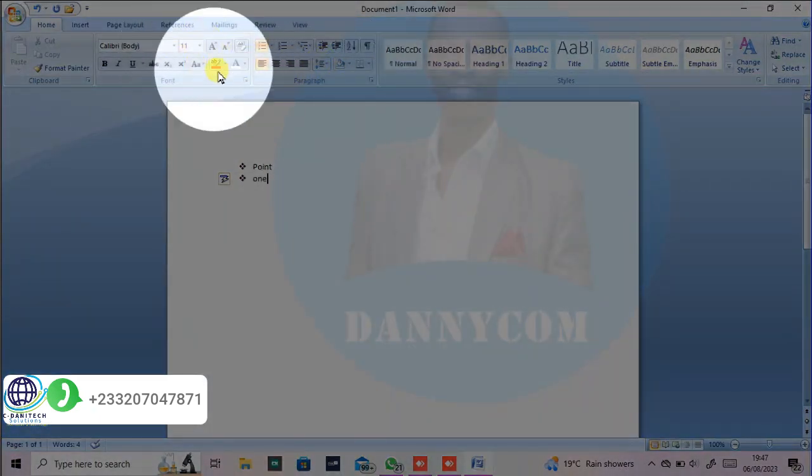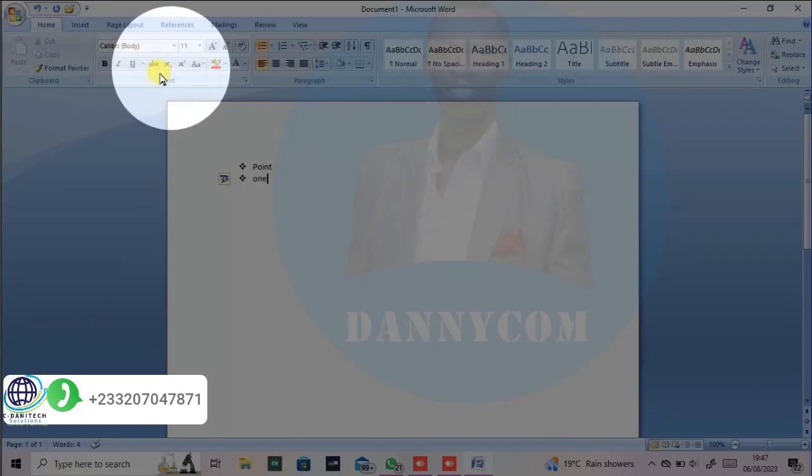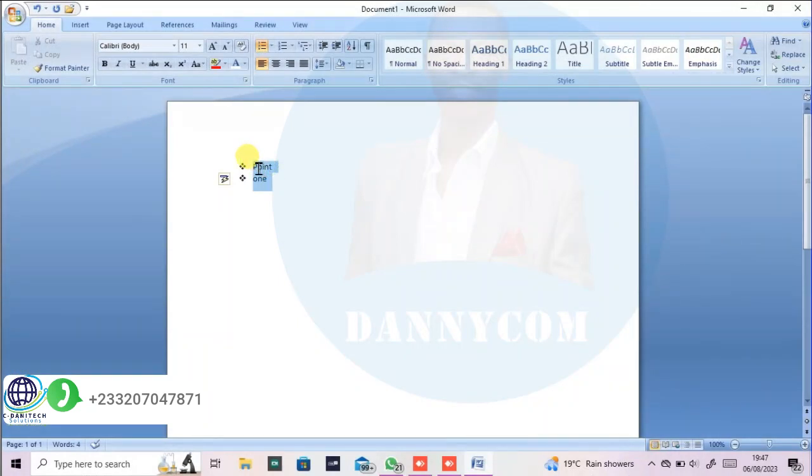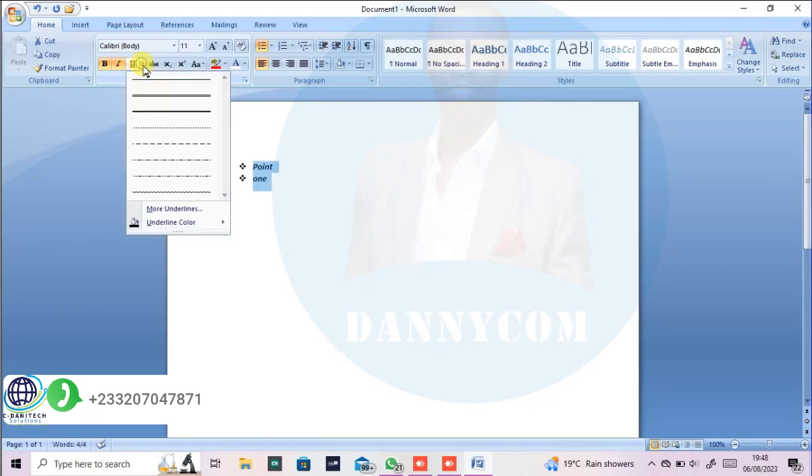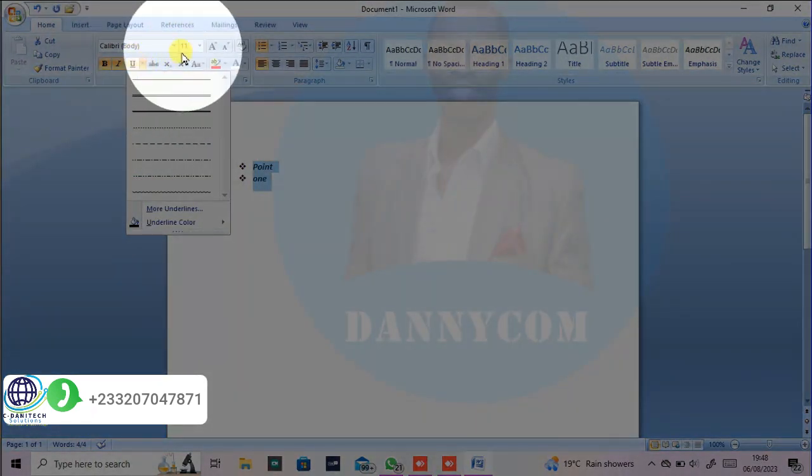And then this place, we have already done something about it. So if I give work, I am expecting it's not going to be easy, but we'll be able to know which one will bold the text, which one will make the text look like italics, which one will underline the text, and then which of the lines are available for you to use. So this part, I am well convinced that